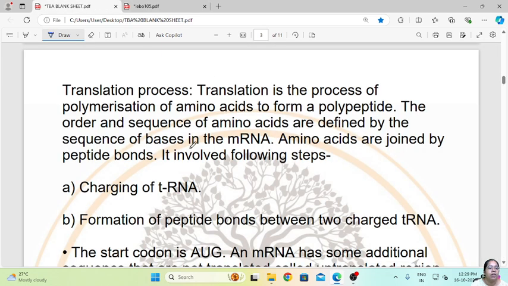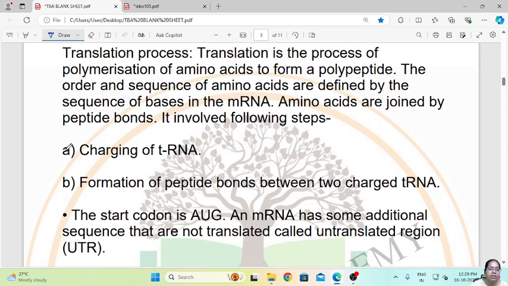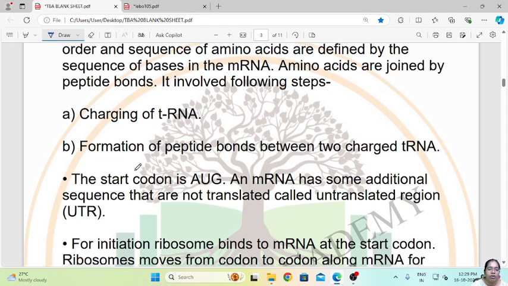So let us see now what is the translation process. Translation is the process of polymerization of the amino acids to form a polypeptide. The order of the sequence of amino acids is defined by the sequence of bases in the mRNA. Amino acids are joined by peptide bonds involving the following steps, that is charging of the tRNA,